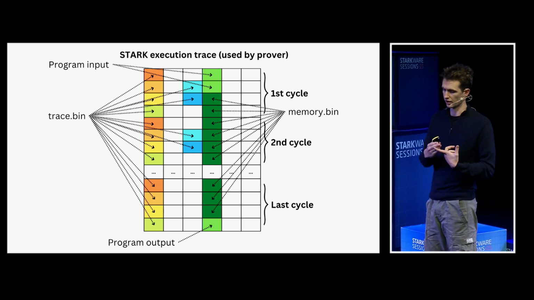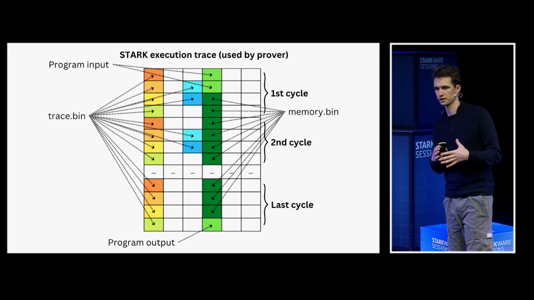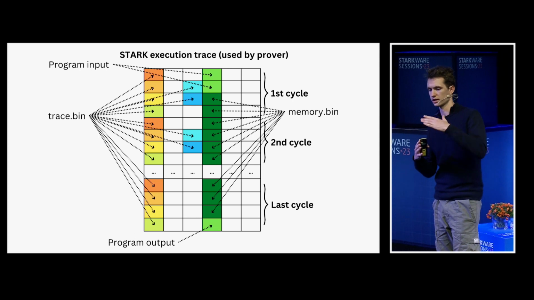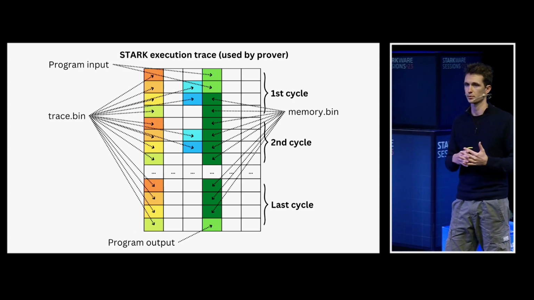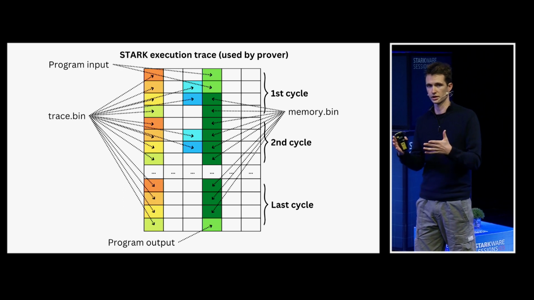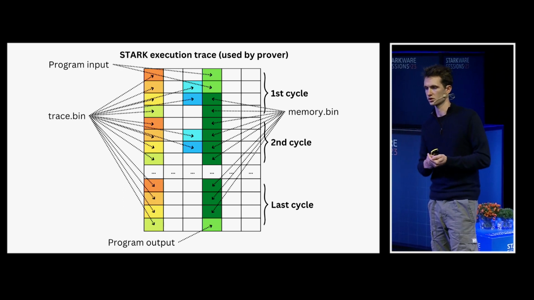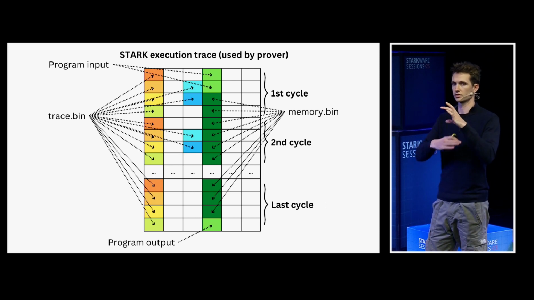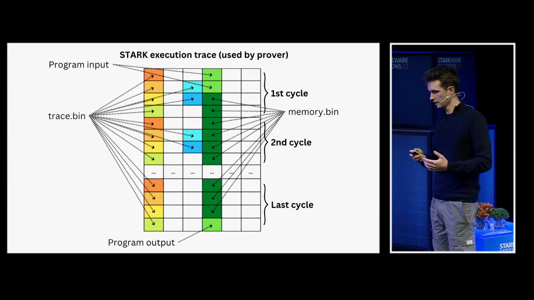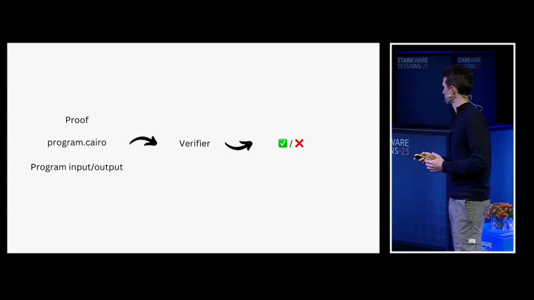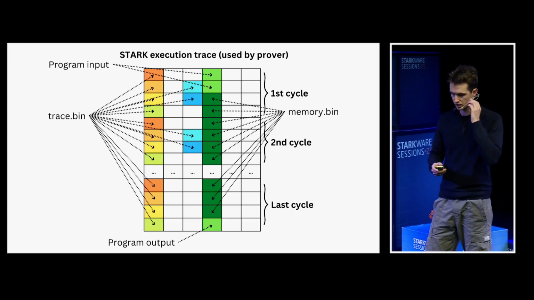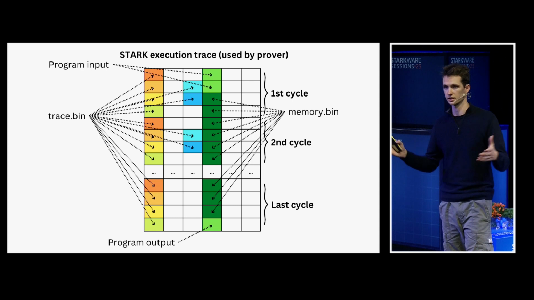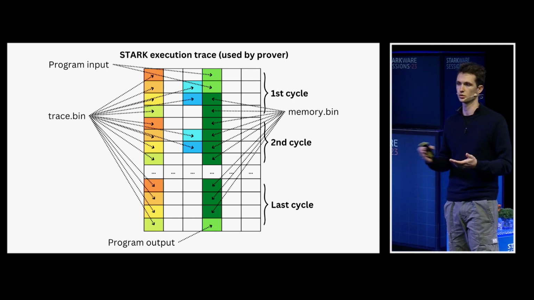This is the first job of the Cairo prover, and the second job is defining a set of constraints that maps to a correct state transition of a Cairo program. This is something the verifier and the prover need to agree on, that makes sure that this table is the correct execution of a Cairo program. So Sandstorm generates this table and generates the set of constraints, and then it hands those to a